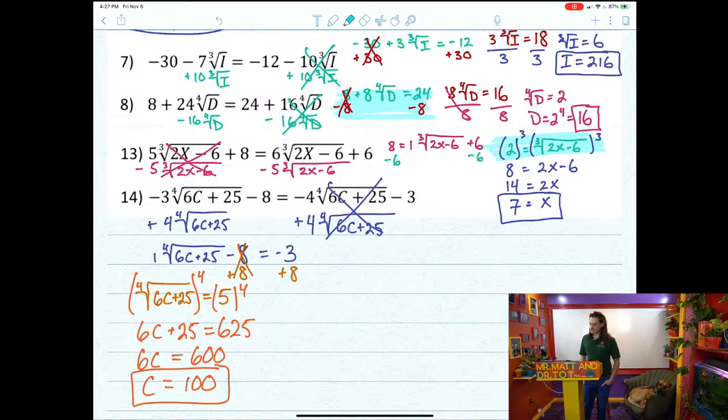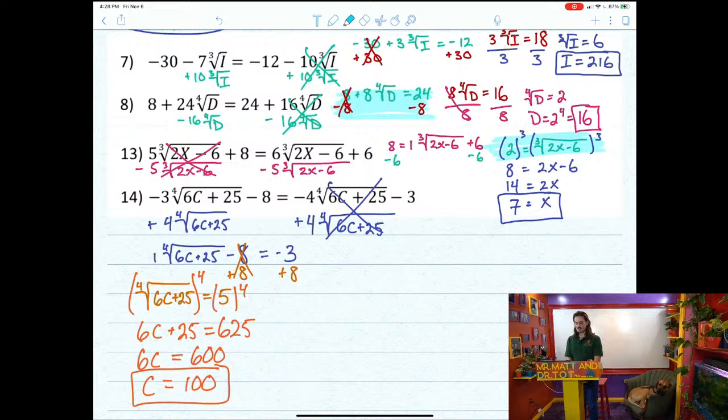Similarly with number 14, I have negative 3 times the quartic root of 6c plus 25 quantity minus 8 is equal to negative 4 times the quartic root of 6c plus 25 quantity minus 3. I'm going to add 4 times the quartic root of 6c plus 25 to both sides. That's going to cancel out on the right and become just 1 times the quartic root of 6c plus 25 on the left. Minus 8 is equal to negative 3. So I add 8 to both sides,